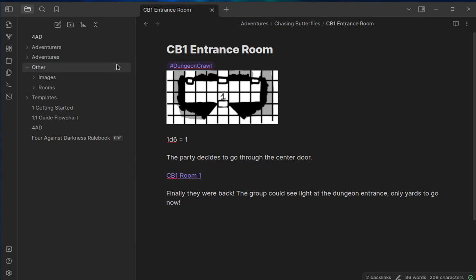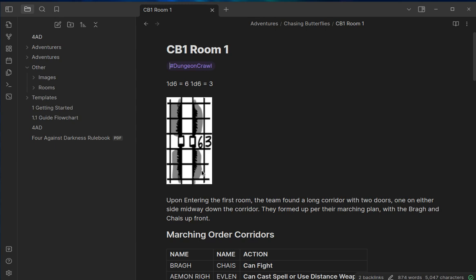And I believe that what I've done is I've put the marching order in the encounters, or you can actually put your marching order right in here. And then here's a link to the room that we go through. We went through the center door, and we went to room 1, which turned out to be room number 63. So we put that in there, and if you take a look at the canvas,